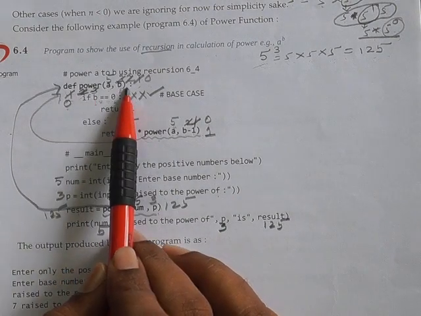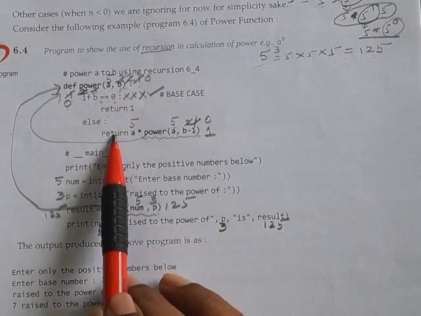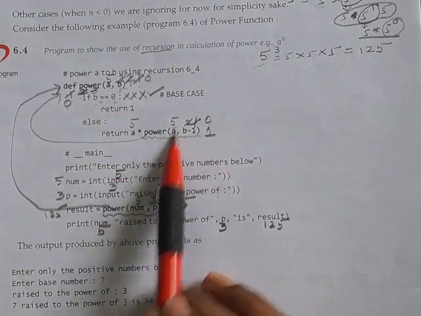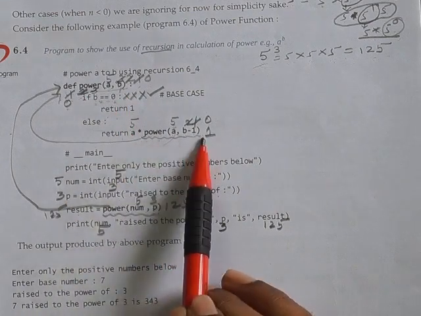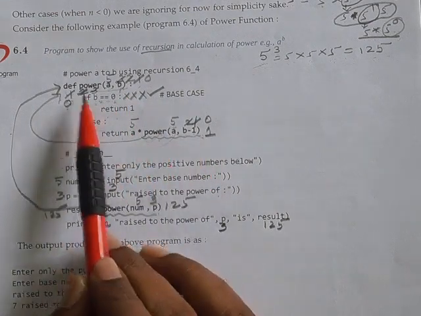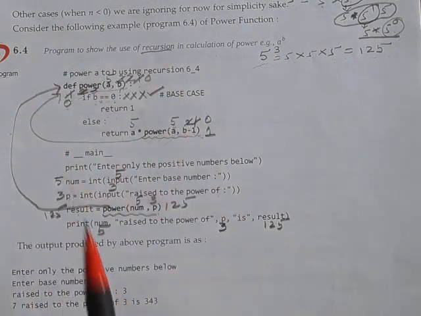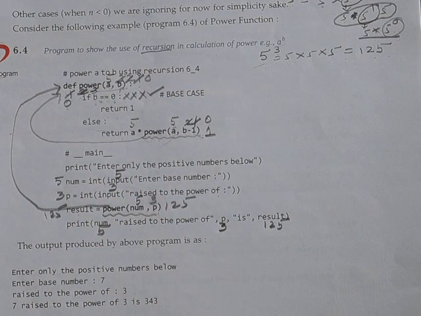It's a power function. Inside the definition of the power function, there is one more power function. So again it will call. Like that repeatedly it will execute. So this kind of activity is called recursion activity, recursion function. Okay. So at last we have found it out. 5 power 3, the answer is 125. Hope you understand. Thank you very much.